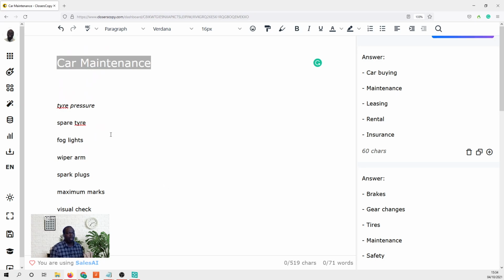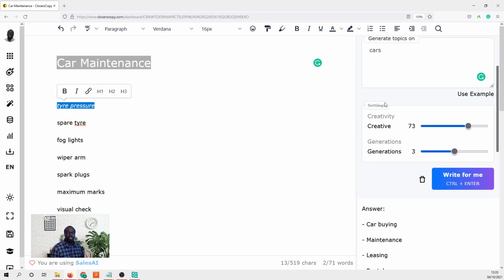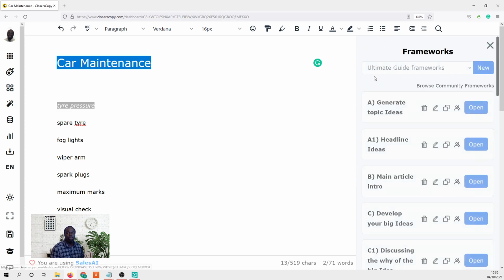So once you've done that, what you then need to do is to decide, okay, tire pressure. So what are we going to say about tire pressure? What can we talk about? It can be hard to just come up with the idea. So rather than come up with the idea by yourself, why don't you let Closest Copy come up with ideas for what you can say around tire pressure? So we go to